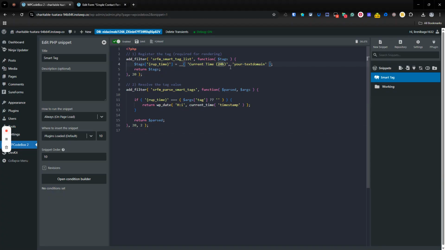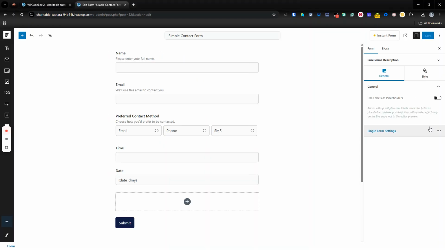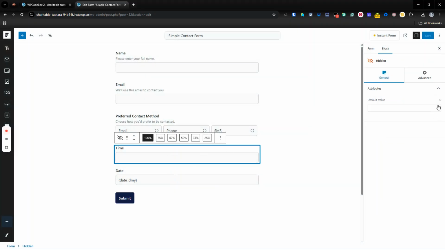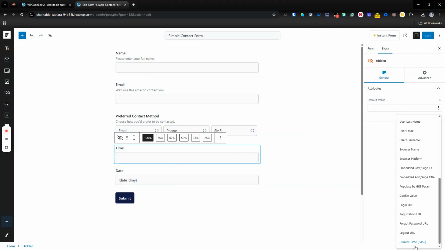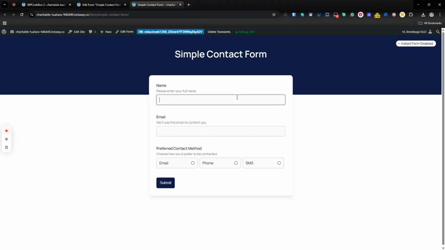You'll see current time 24 hours, which matches the time we've got here. And in fact, if I put a 5 on the end of this and then refresh this page again, we will get that as our option for our time. So let's go down here, and you see here current time 24 hours 5. So RUP time is our smart tag, and I'm going to push save, and that is that done. I'm now going to go to the front end for this form. I'm going to put in WP code test at wpcode.dev, and I'm just going to push email